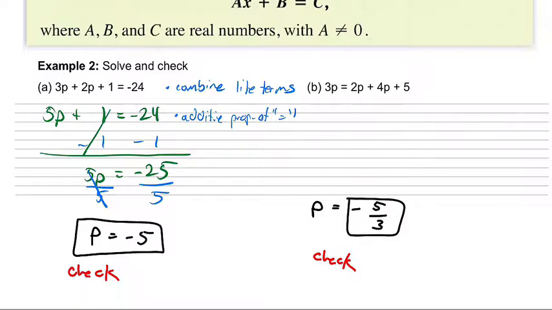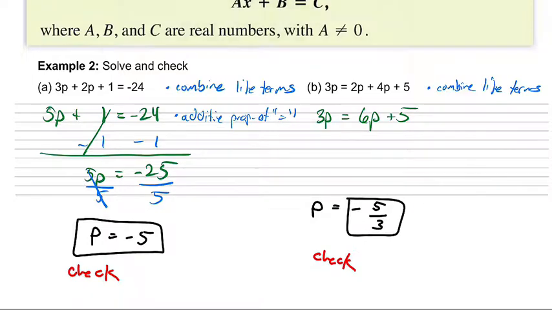So the same thing with the first step in part B is we want to combine like terms. So on the left, there's nothing that combines with the 3p right now, so that stays as is. On the right, our like terms, we have a 2p and a 4p, and they add up to 6p. So we'll have 6p plus 5,